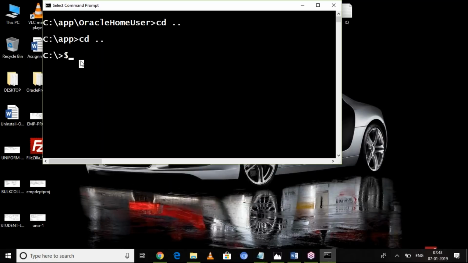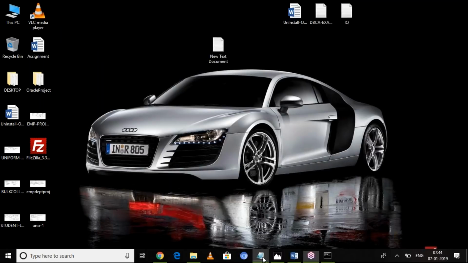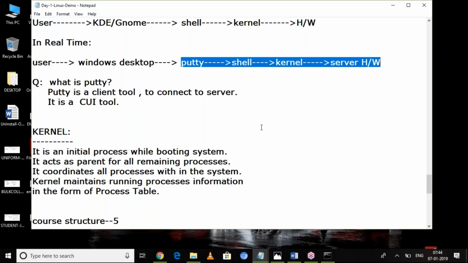For each and every one, if you want to work with the server, you should work in this environment, and you should know how to use commands of Unix or Linux. I hope you understand how and why you are learning Unix or Linux. That's why the company does not provide a GUI environment of Linux to the developer.